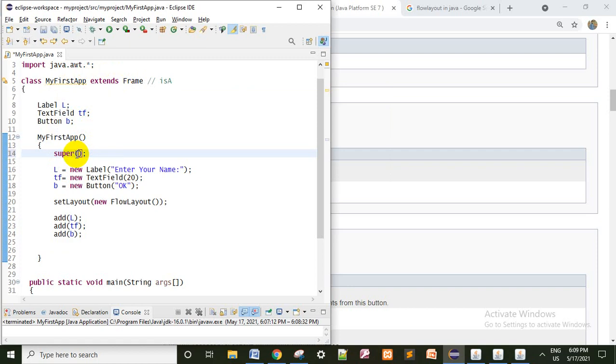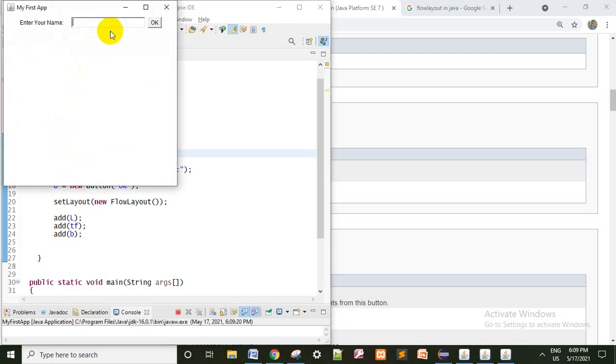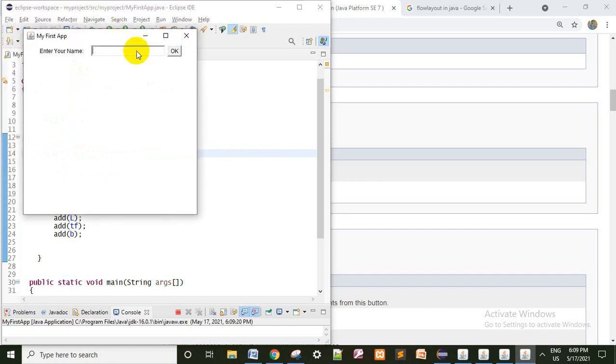So what I am writing here, within double quotes, is "my first app". Then save this one. Now I will execute it. See, this is my first app that is displayed here. By seeing this we can easily understand. So this is one way to create a simple application.